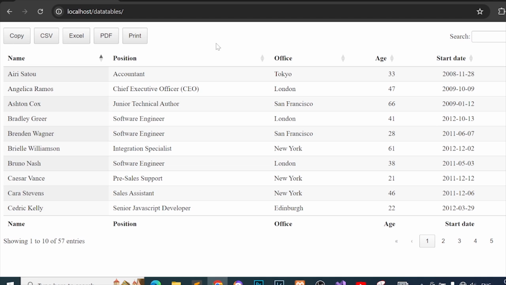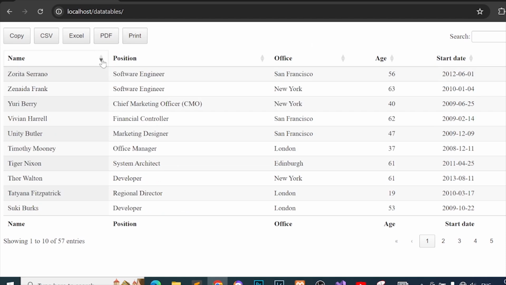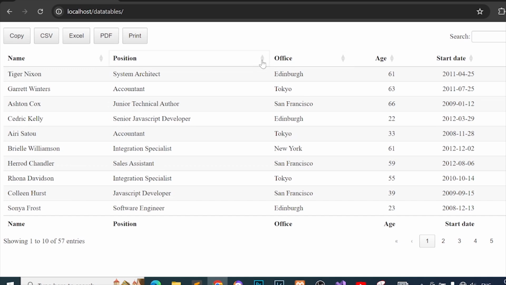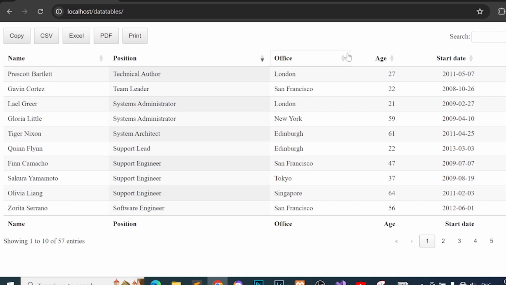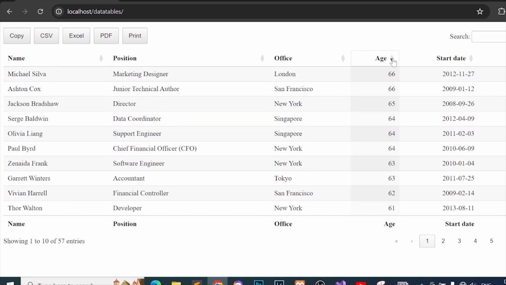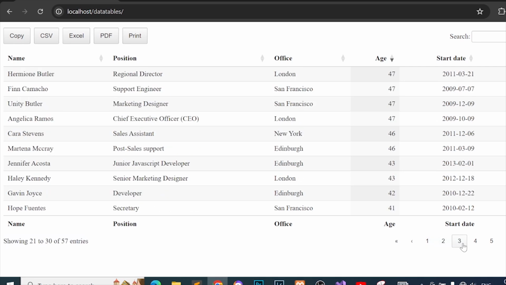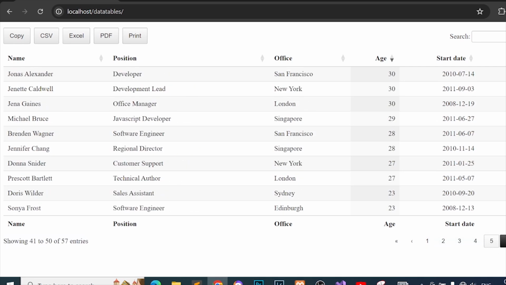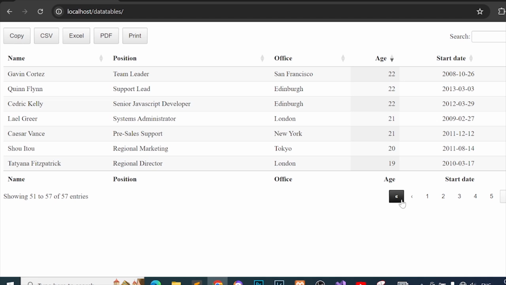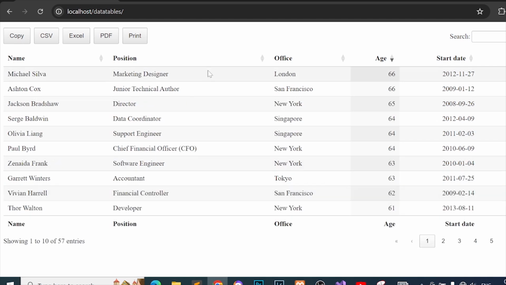So by the end of this video, a very simple video of a few minutes, you'll be able to sort this data alphabetically by the table data and also the table header. So this is what it will look like, and we'll be able to show the number of entries with pagination. You can see that I have pagination here, navigating through the pages. By the end of this video we shall be able to achieve this, and you can actually copy this